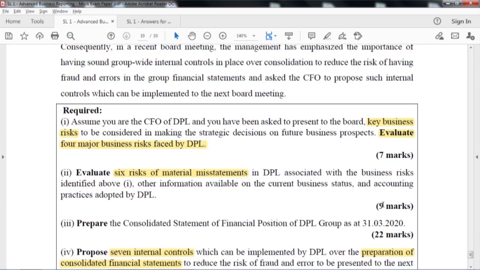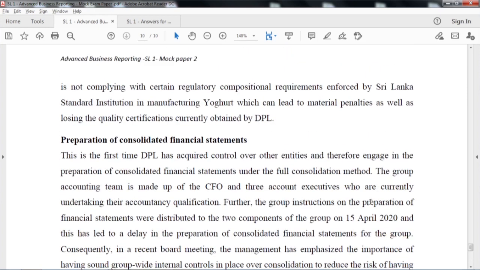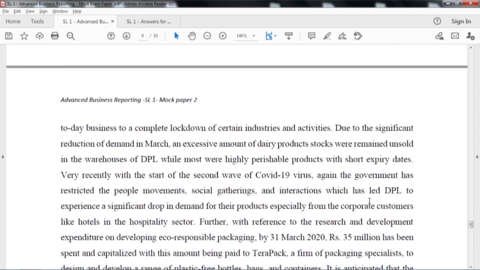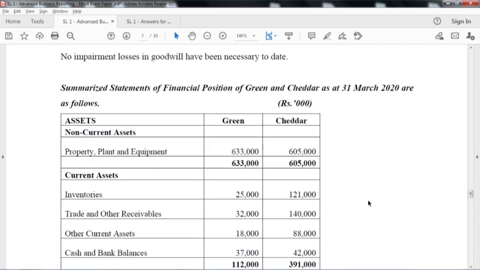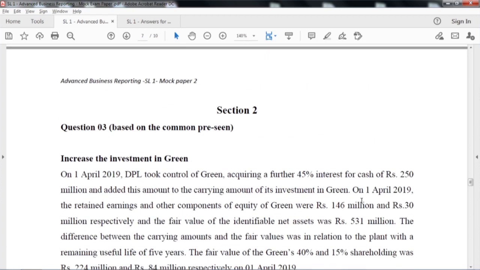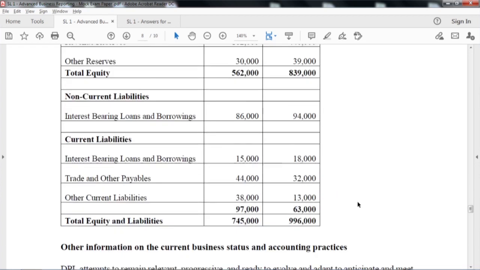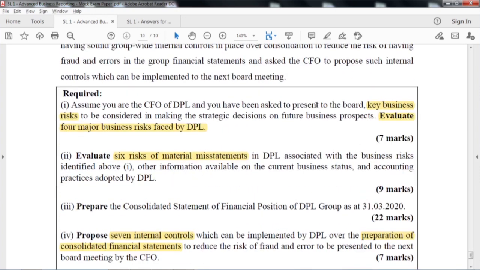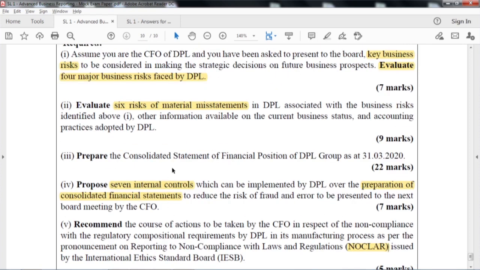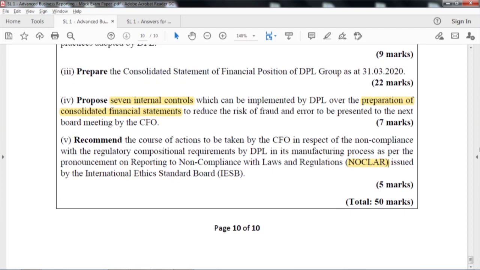and see how to answer. And like I said, what we need to do now is to read this unseen and then connect to our pre-seen, and then make the answers complete. And now we know that we have to answer 2 main questions, these 2 are very connected answers, and when we structure the answer we have to see that Roman 1 connects to Roman 2, Roman 4 is a different answer, right, and NOCLA is a different answer.